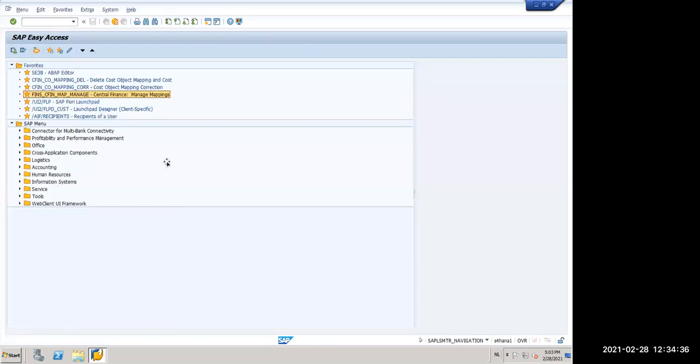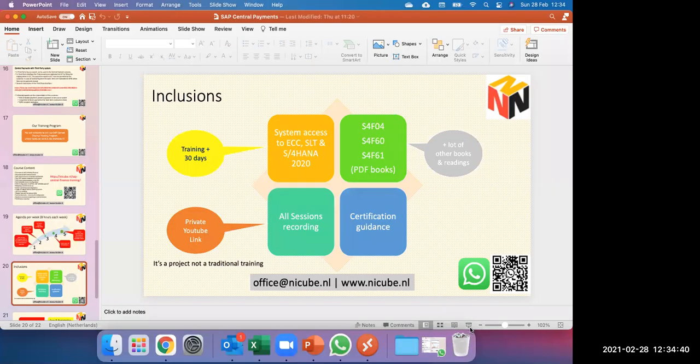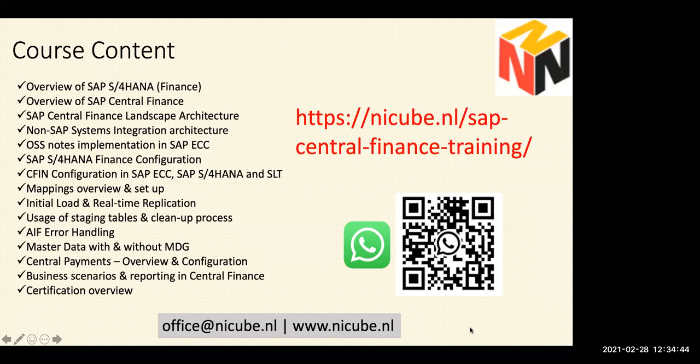And that's why I said it's hands-on. So it's not just a PowerPoint. You will be on the system doing hands-on things yourself. I will be guiding, giving you scenarios that this should happen. You need to have 2 company codes configured up and running so that we do mapping and data loads. And that's how you follow.